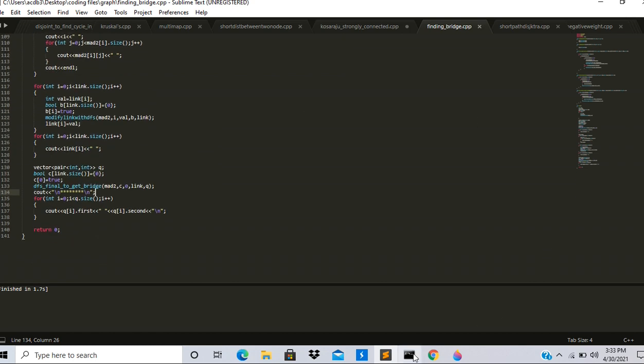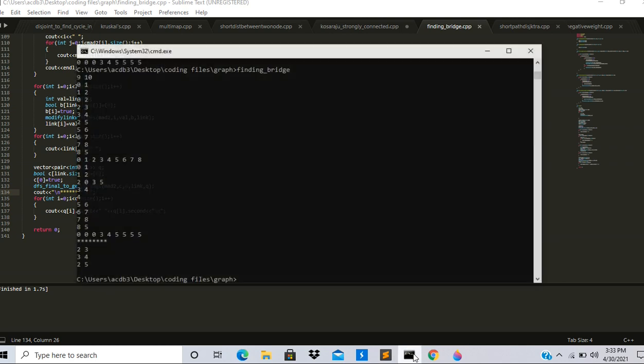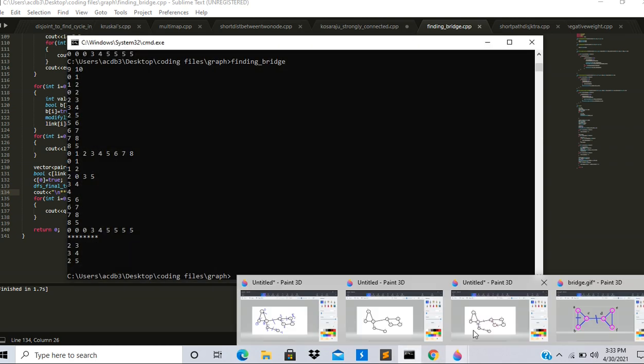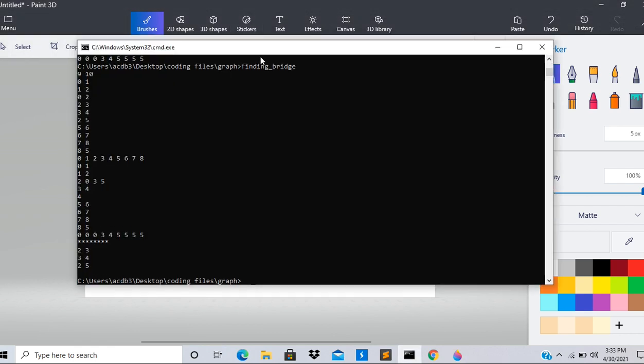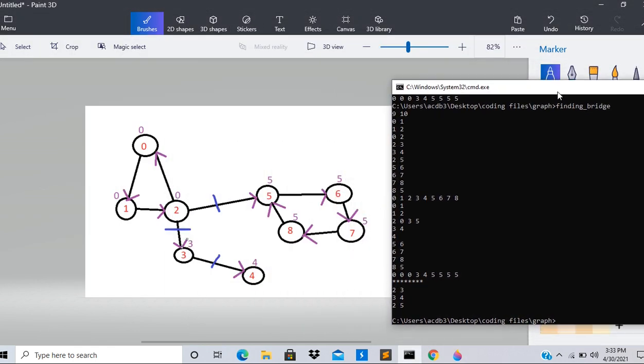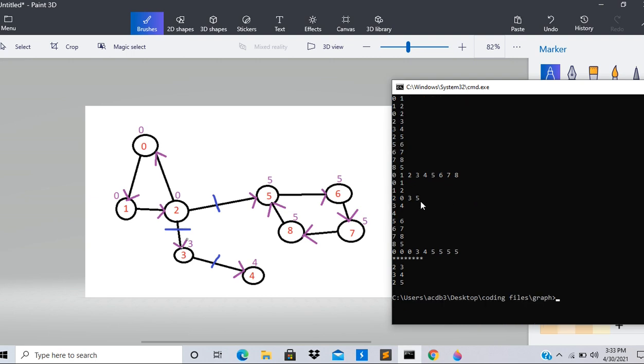Let's see the output for the graph that we had studied. There are in all a total of 9 edges, and this part represents the graph. Initially, this line represents the low link values. As I said, initially the low link values of each node would be its ID itself, and these are the edges that I have stored in our directed graph.